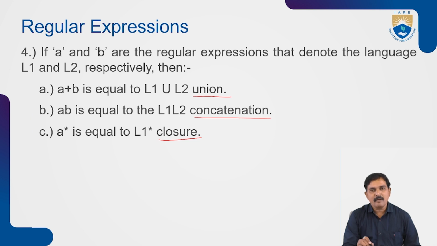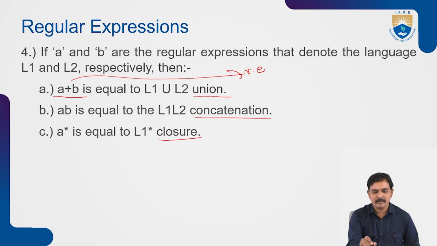Union is nothing but from two different sets you want to match the elements, and repeated elements are not there. Suppose elements are repeated, we count that particular element only one time. That's called a union. So you come to this: A plus B. This is called a regular expression. You are assuming it as E. This is called a regular expression. So for this regular expression, what is the language?